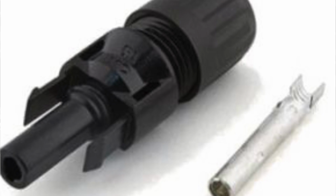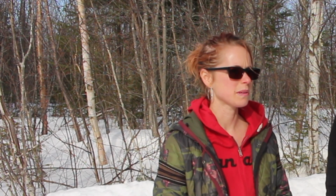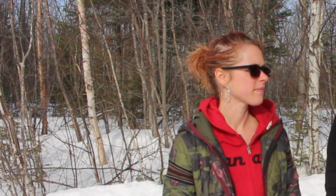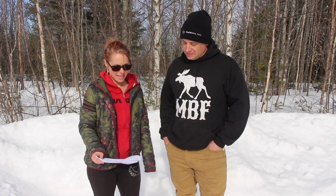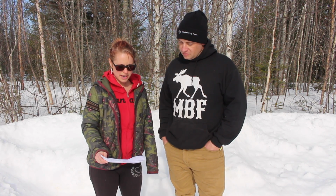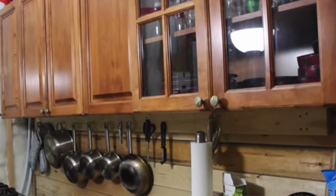That's for the cords, the connectors, the MC4 connectors, those things. Some we had to buy right here in our local town, which is a little more expensive at the Napa, and they weren't terribly cheap. I bought cords there, like the little ones for the batteries. So, moving inside, we have the kitchen cabinets inside the house and the interior doors, as well